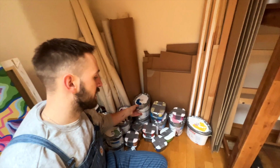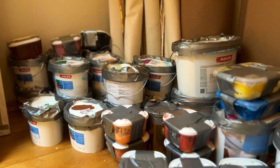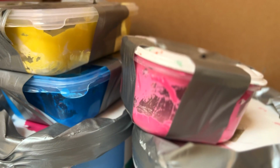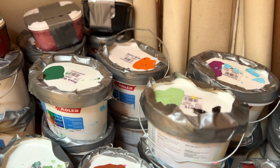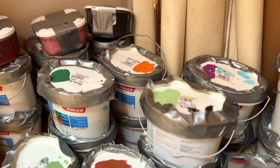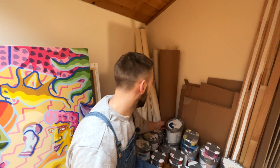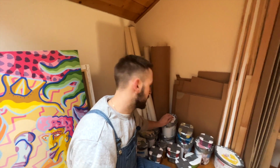These are the remnants of 2 murals that I worked on recently with the collective that I'm part of, Fruit Juice Collective. I will link it down below as well. Go check out what we do. Super fun part of my life, and something that I think I'll be hopefully talking more about soon as well